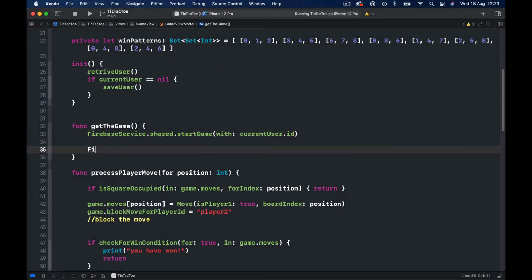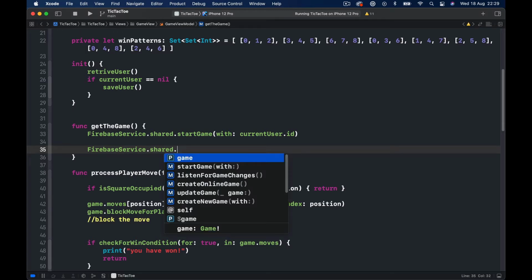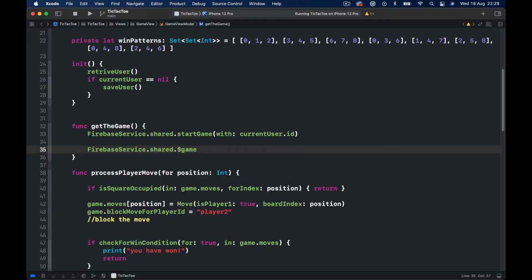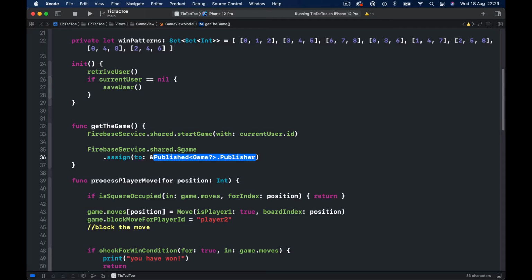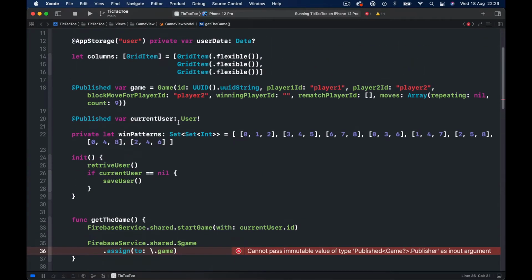I will say Firebase service dot shared dot, and we need to get this game, and we want to assign it to our game object. So I will say dot game, and let me actually take care of this, because this is going to